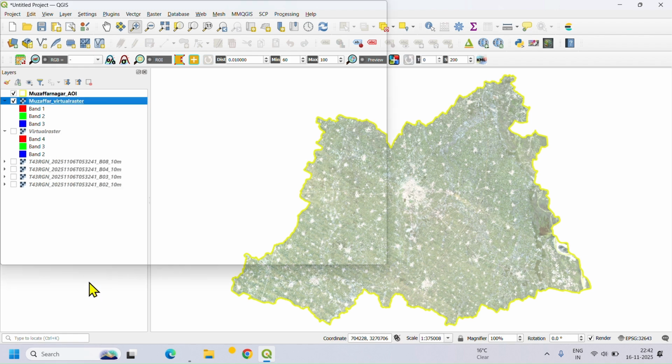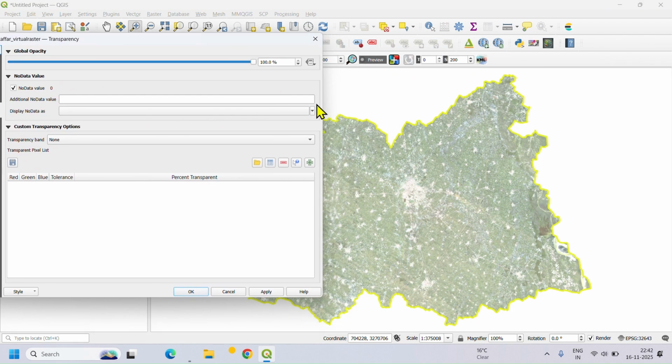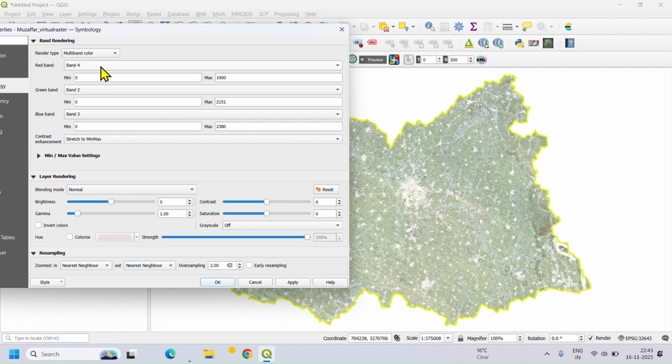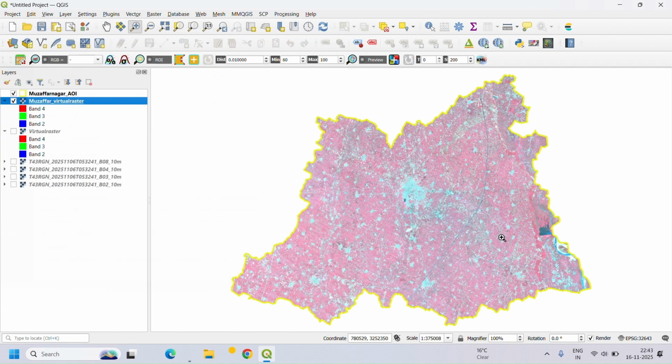Now go to properties. As you can see, the color symbology has changed. Again, I will set band 8, band 4 is the red, 3 is the green, 2 is the blue. Apply. Now you can see this is false color composite. So in this way, you can create virtual raster or composite bands and clip the composite band with your area of interest. And this data can be used for further processing like supervised, unsupervised classification, or any other kind of